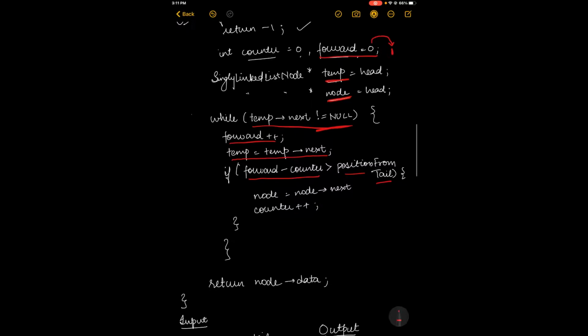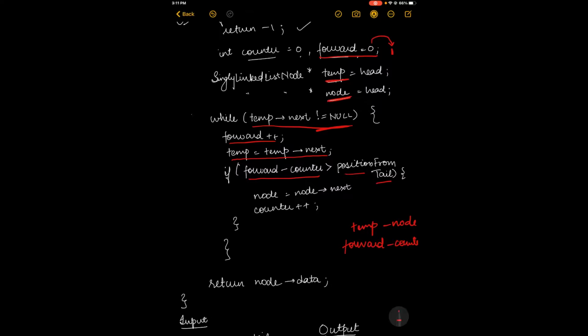In the logic that I previously explained, I used temp minus node, which is exactly the same as forward minus counter, because these are the two variables we are using for the calculation of their index values. So I hope this concept is clear to you.